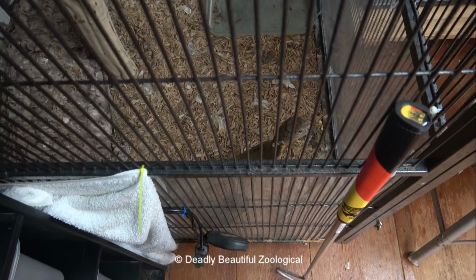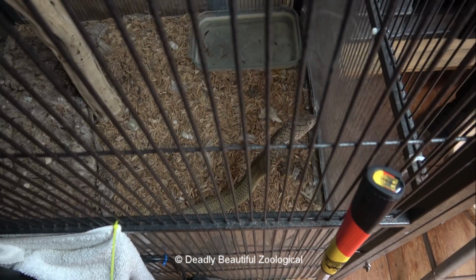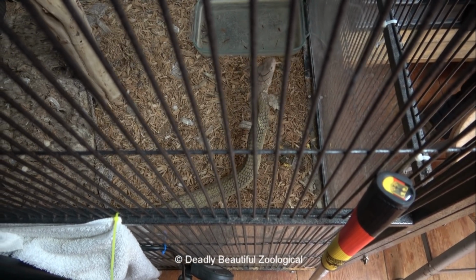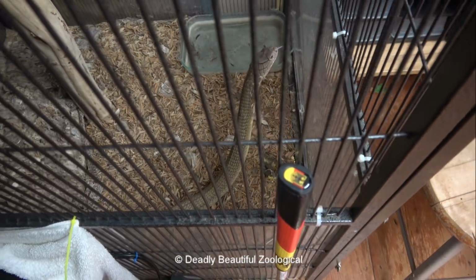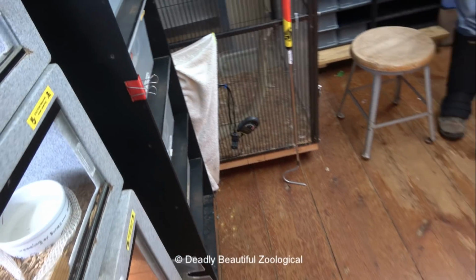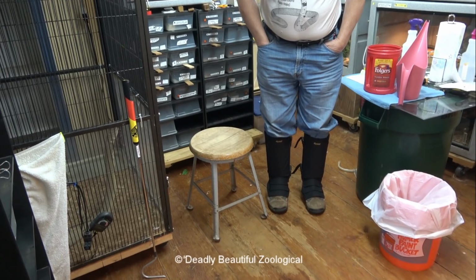The plan is to occupy his mouth and hopefully not anger him too much by poking around in his cage. So that's the plan. As I usually do when I'm working with Elvis, I have my field snake hunting boots on,